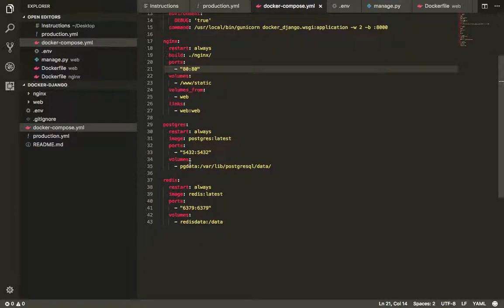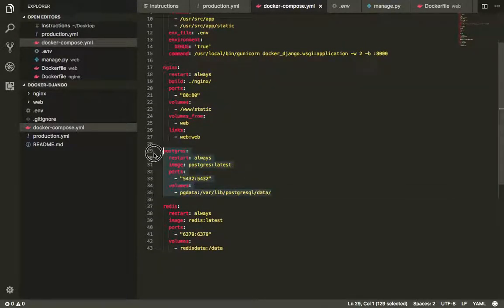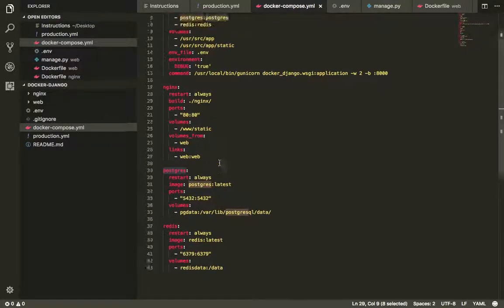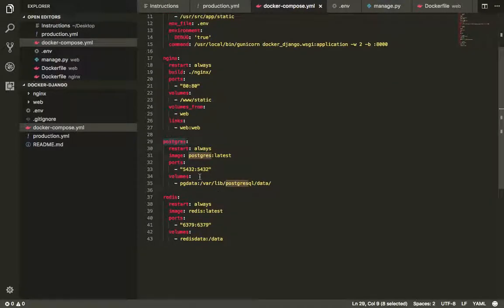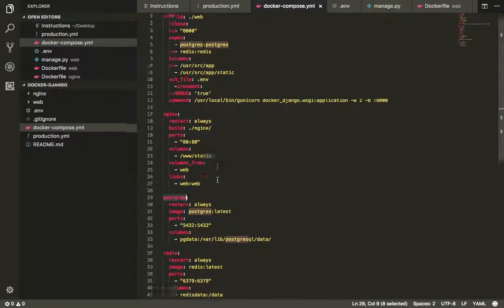Now this is the third part, and the fourth part is nothing more than configuration with your Postgres and your Redis. So I'll be assigning ports here, similarly for Redis and for Postgres. This is just for demonstration purposes. You can use any number of application modules like Redis, Postgres or MySQL, or even a NoSQL database, you